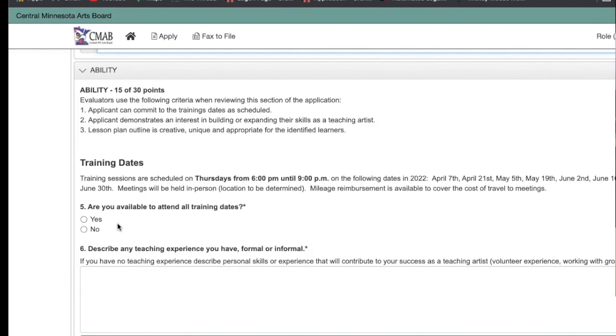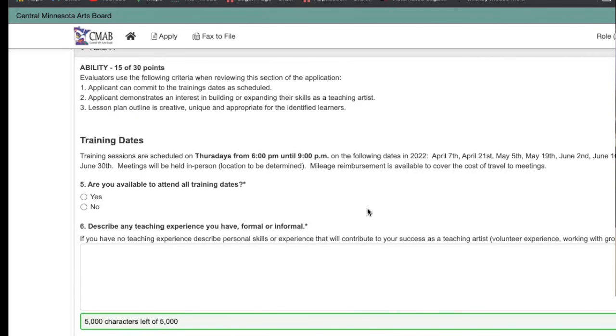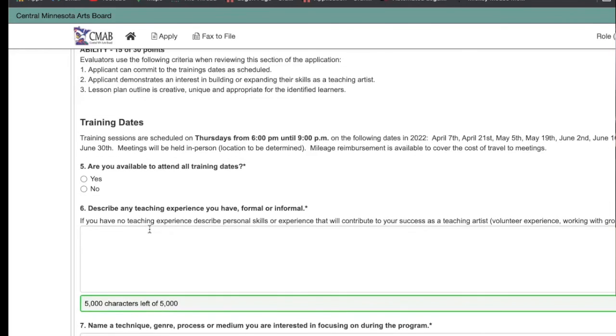If you're applying and you have hard conflicts on 5 of those 7 dates that cannot move, then we may need to have a conversation about looking at the program again in a couple of years, or other ways we can support you. But that's really all we're asking with that question.